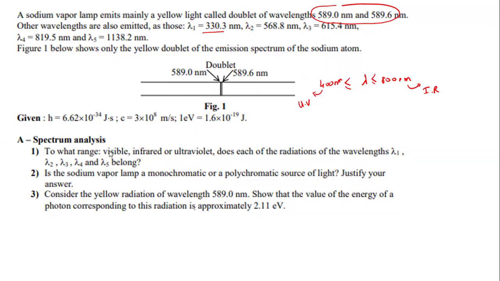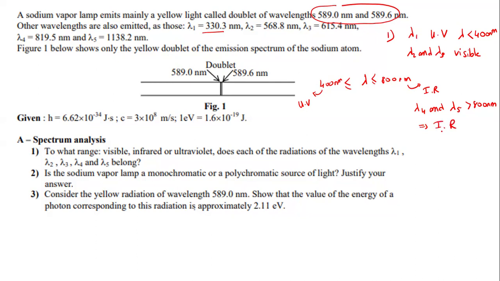If we have to put the range, we can say part 1, lambda 1 belongs to the ultraviolet, since its value is smaller than 400 nanometers. Lambda 2 and lambda 3 are visible, since they are between 400 and 800, while lambda 4 and lambda 5 are higher than 800 nanometers, which means it's